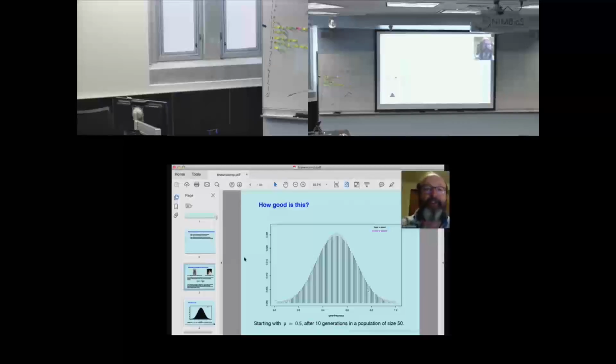Here is a calculation of the distributions of gene frequency under genetic drift, in a population of size 50, so there are 100 copies of the allele in this population. If you start out with 0.5 as the gene frequency, right in the middle of the scale, and you let genetic drift go on in an idealized population for 10 generations, the gene frequencies in different replicates will spread out up and down. By the way, can I ask you, you can see the cursor when I move it, is that correct? Yeah.